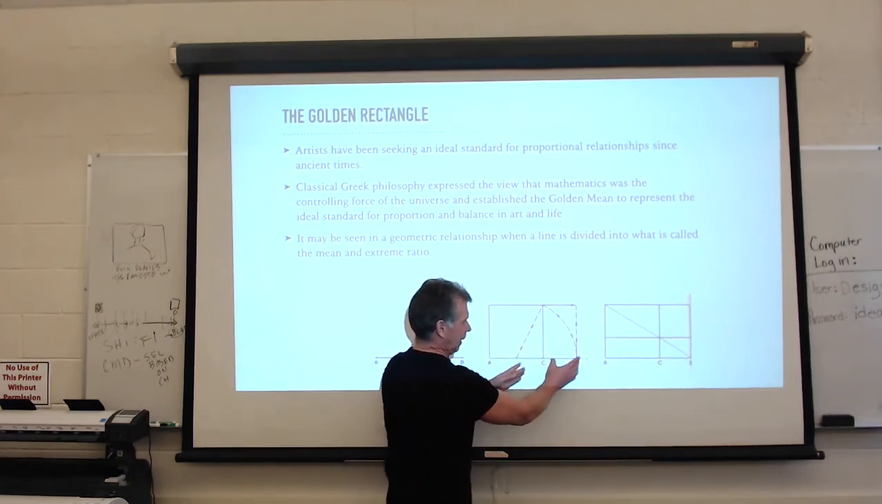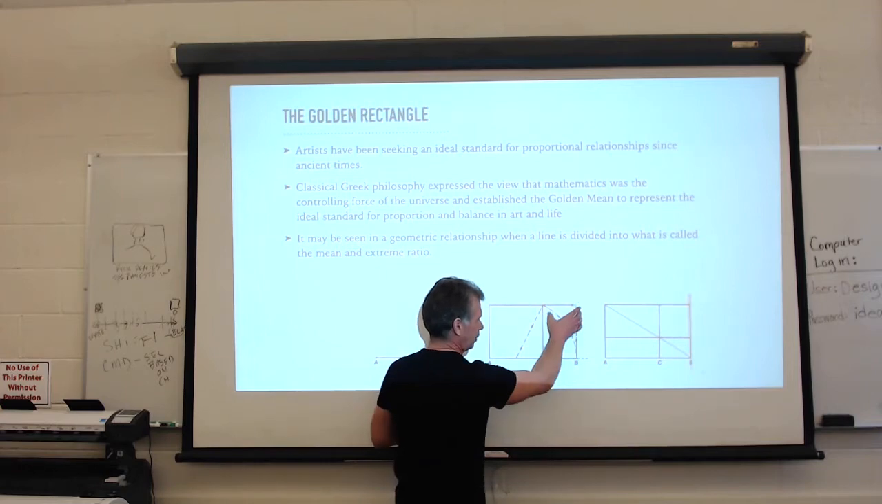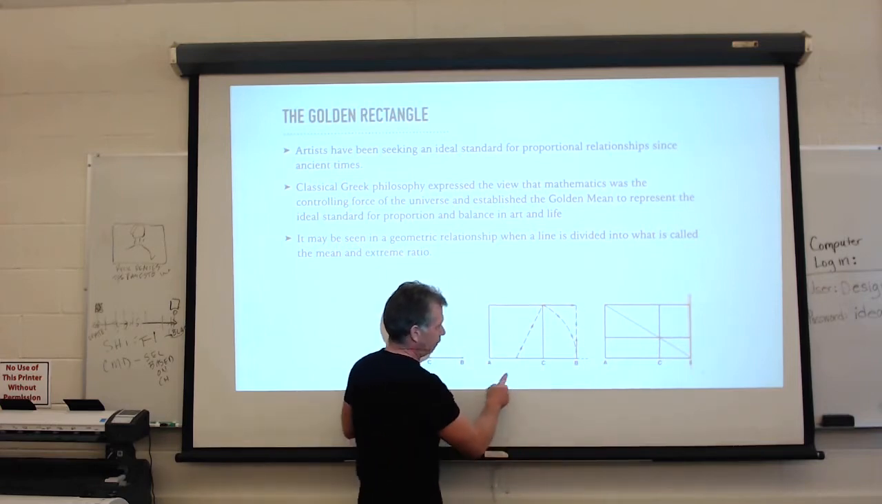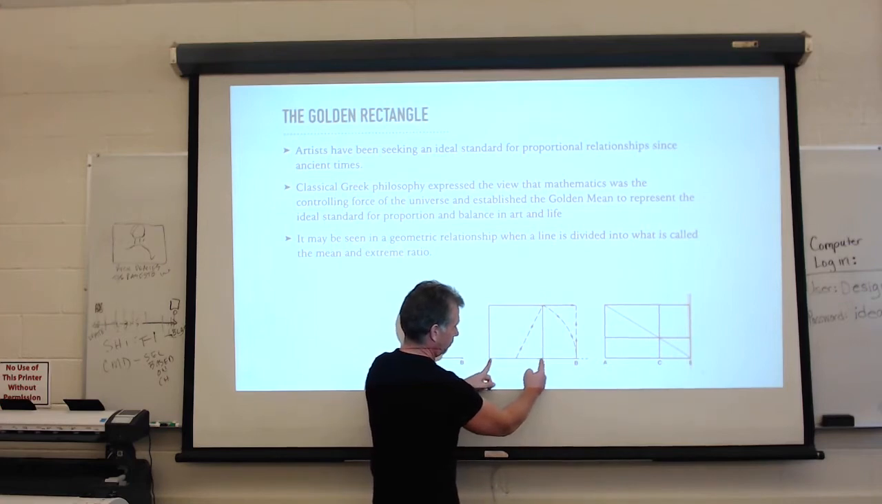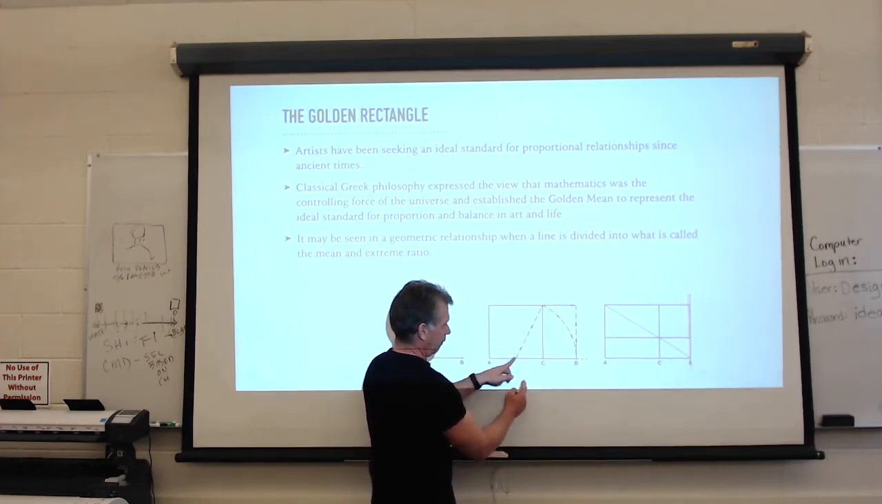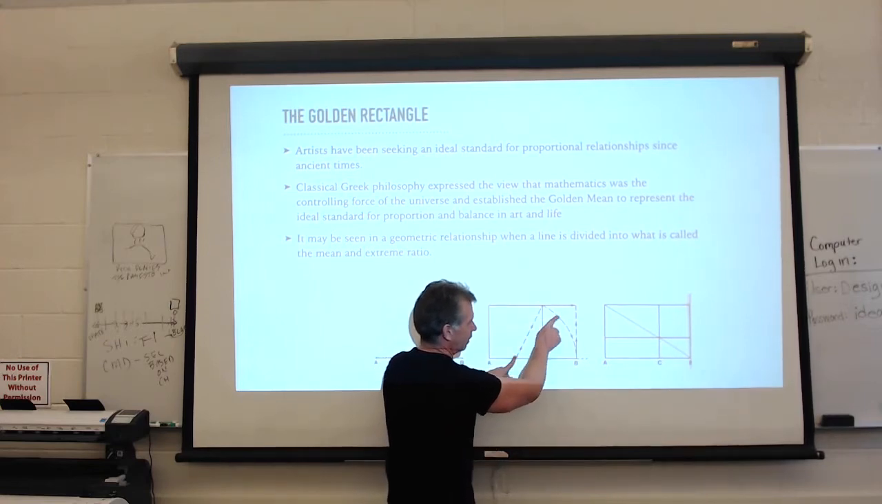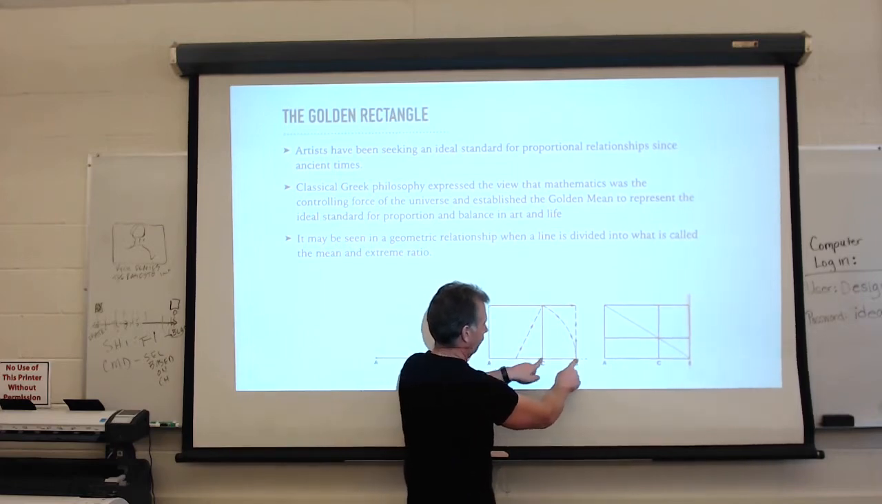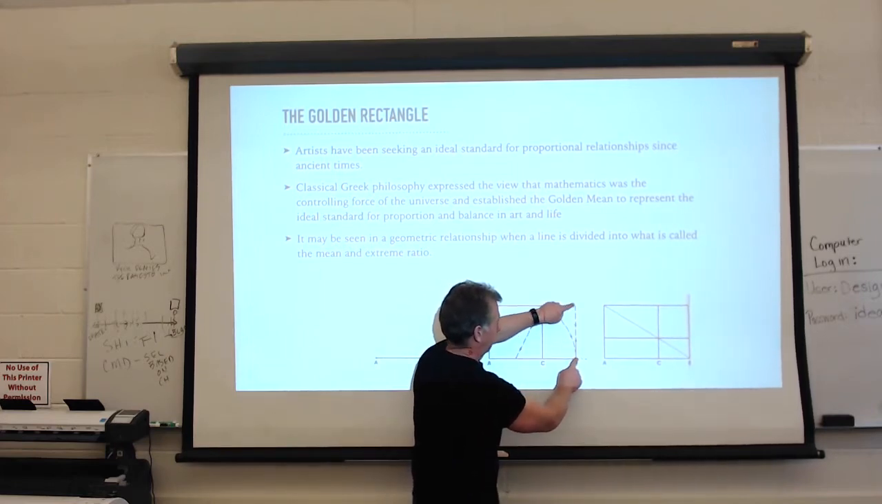We could kind of guess. Our eyes would probably tell us it's roughly about here. But mathematically, what we would do is we would find the center point here, which is right here, right? And we would take a compass and do an arc down to this point. Once we have this point right here, we draw from here to here, and from here to here, and here